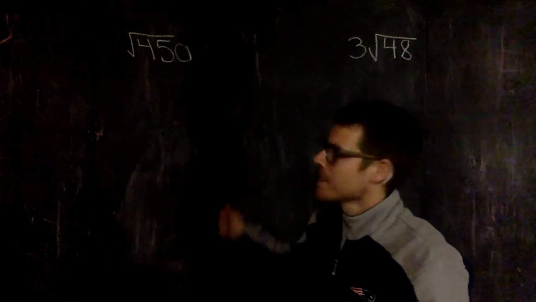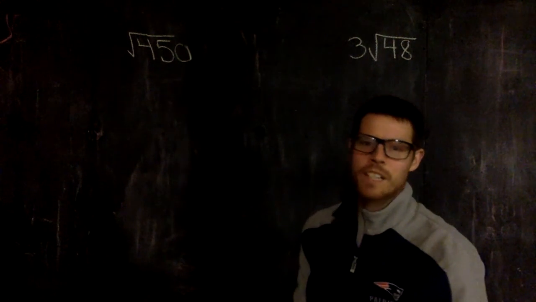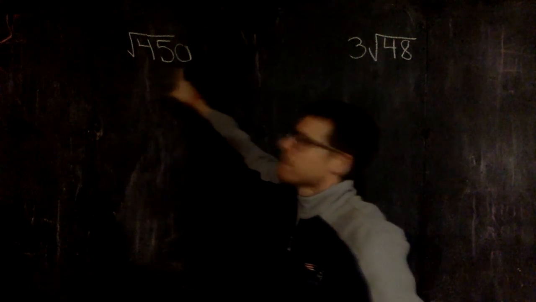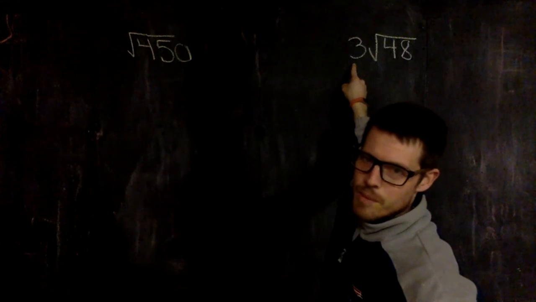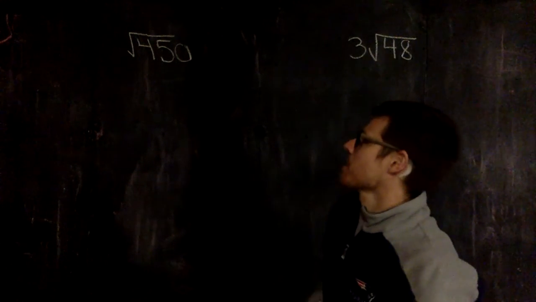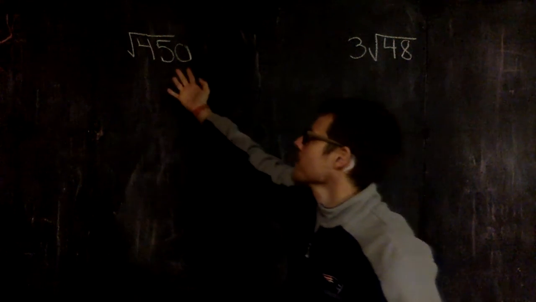Here you can see that we're going to be simplifying radicals today, and we have two different kinds that we're looking at. We have the kind over here where it's just a number underneath, and then you have the kind over here where there's already a number on the outside, and there's a number underneath. So in order to simplify these radicals, we know that we have to try to find pairs that we can